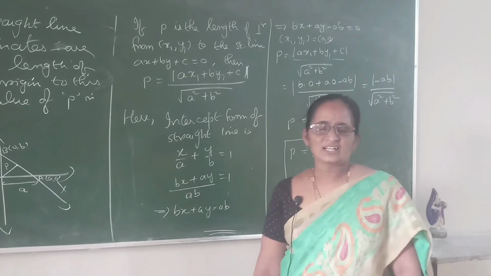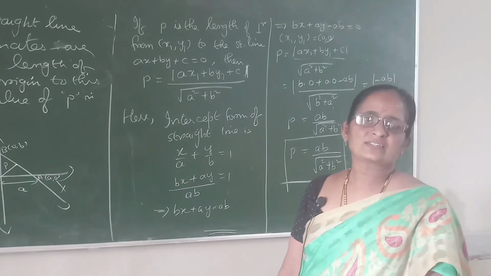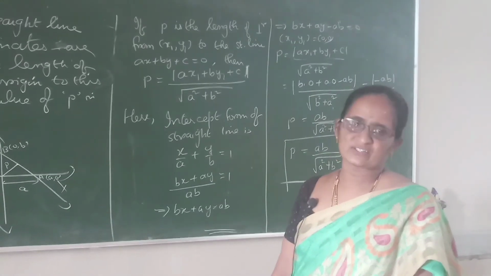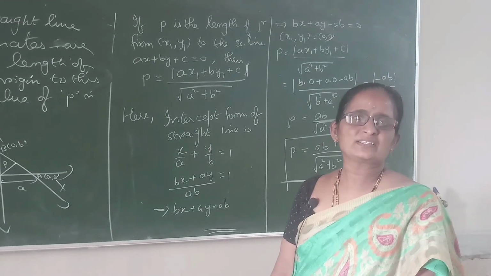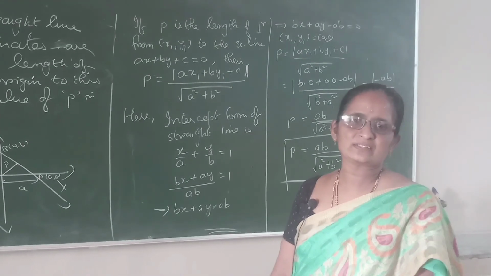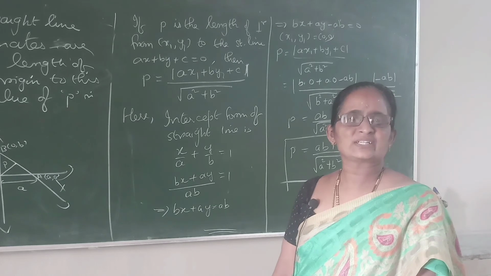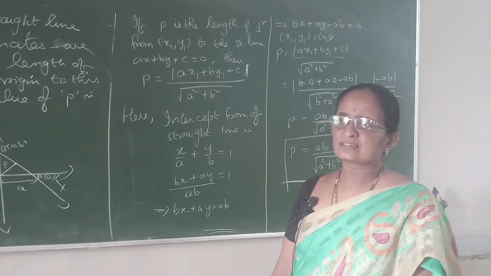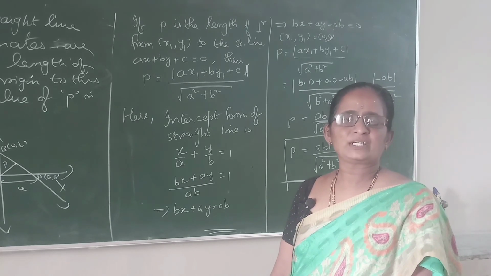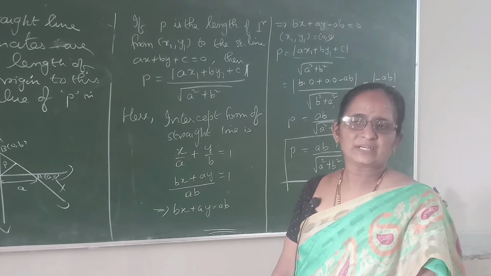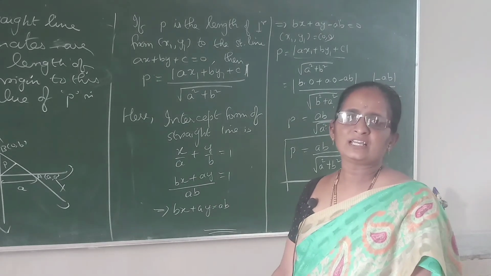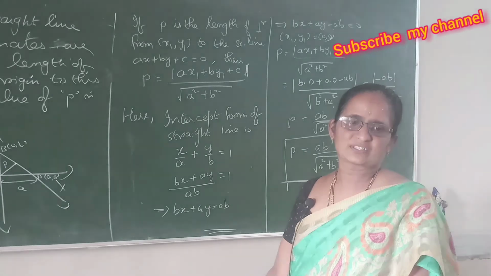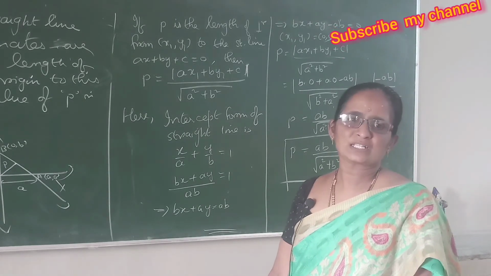Now today I explained exercise 3b Roman 1 questions. These are all the basic concepts of how we are going to explain some forms of the straight lines. And this is not very important from the exam point of view. But if you learn these things only, you can do the further problems. So you have to practice these models also.